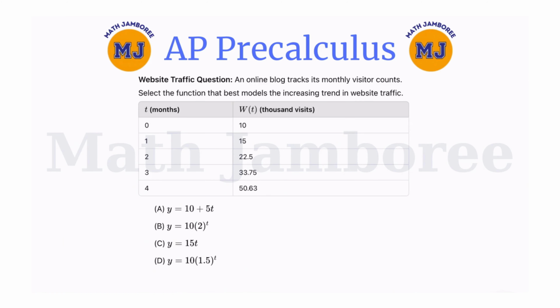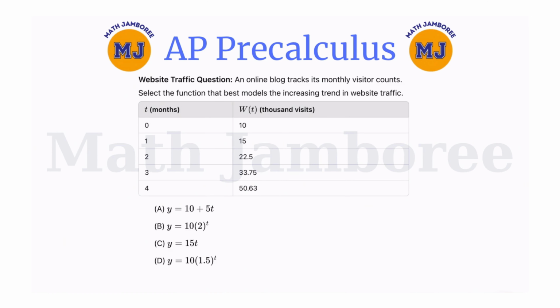An online blog tracks its monthly visitor counts, which we need to model using the right function. Here is the data. We have the first 5 months starting from zero. An online blog tracks its monthly visitor counts, as I said. Select the function that best models an increasing trend in the website traffic. Months t, 0 through 4, and the